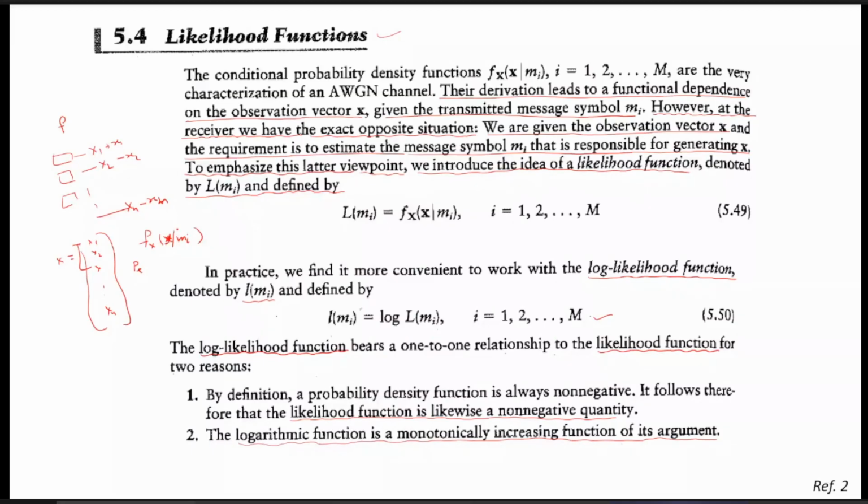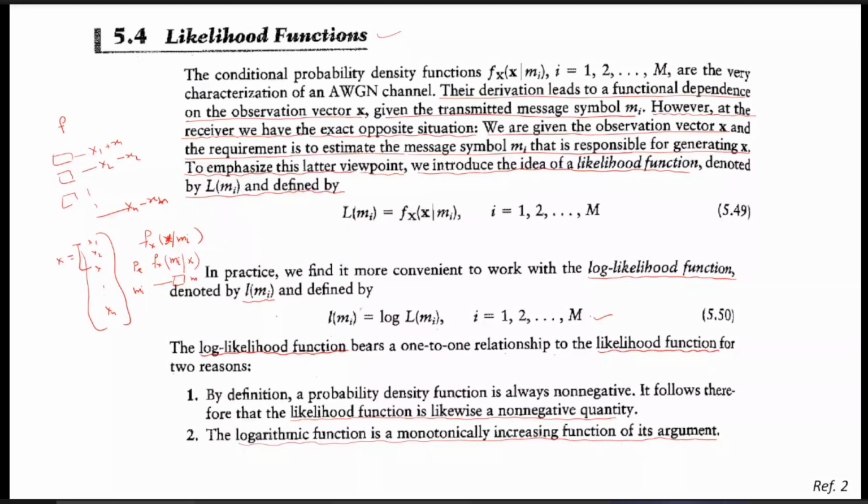That is, it simply tells us the value of the observations vector x when mi is transmitted. Whereas at the receiver side, we want to know what will be mi for the given observations vector x. That is, our aim is to detect this mi, which was transmitted from the transmitter side and received. Here we are calculating this x. So we know this x, and knowing it, for the given value of x, our aim is to calculate the probability of estimating this mi, that is, m cap.